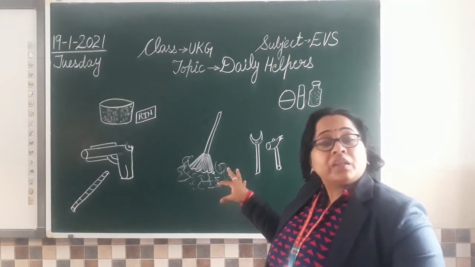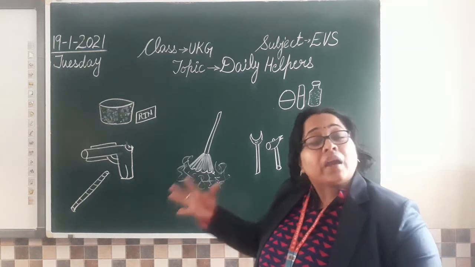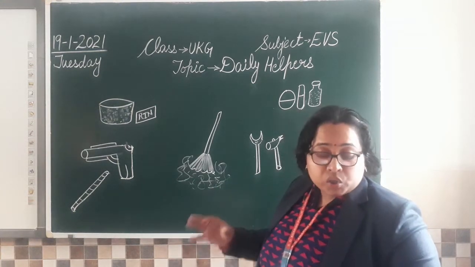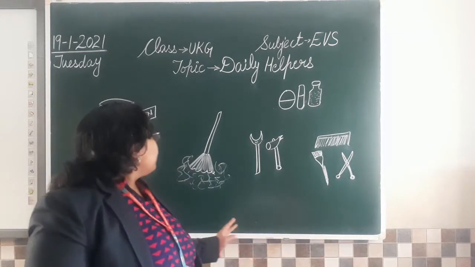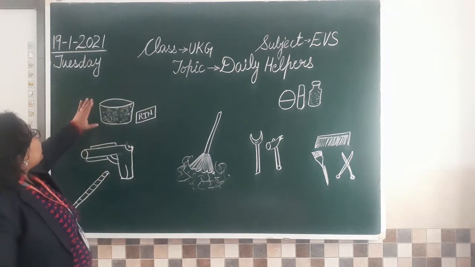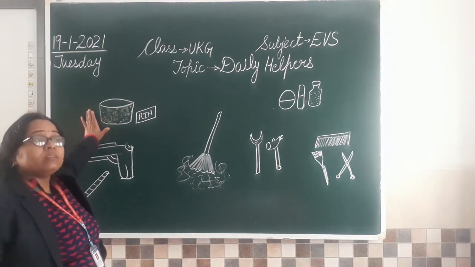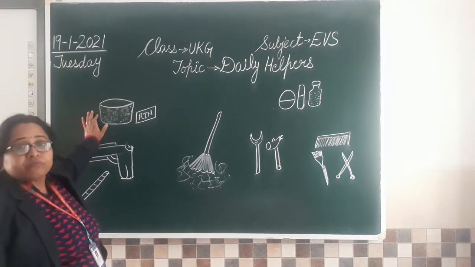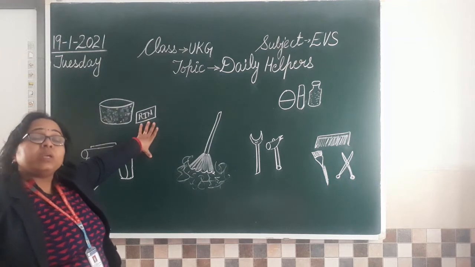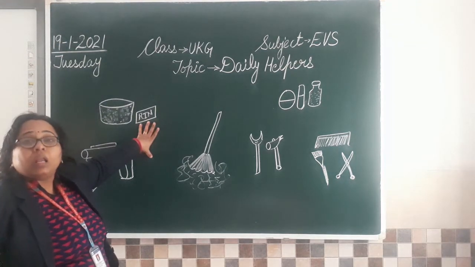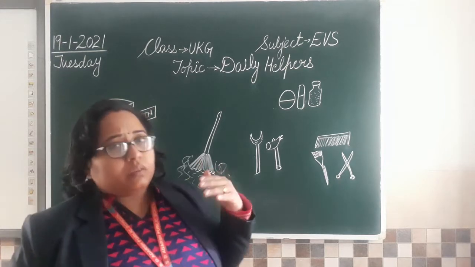या तो उनके पास आपने देखा होगा या आपने कभी you must have seen कि वो कभी आए होंगे आपके घर to help you out. So let us find out, are you able to identify these pictures? First we have a big vessel of water. एक बहुत बड़ा, you can call it a tub which is full of water, and we have soap, the soap which we use for cleaning our clothes. So can something click to your mind?